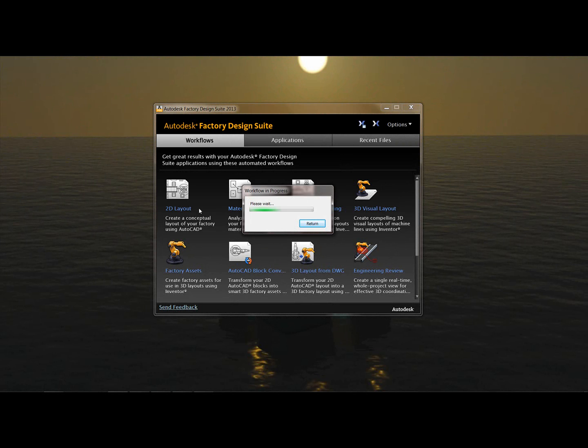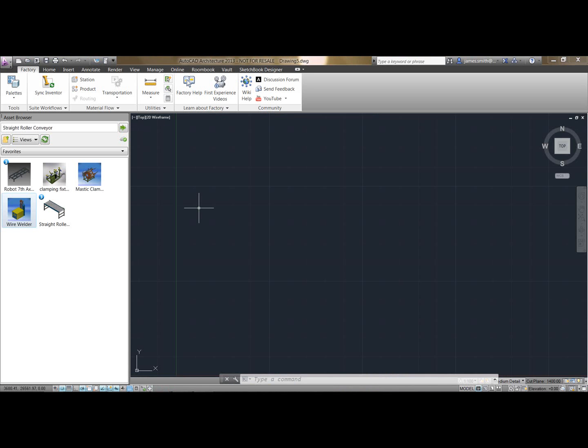I'm just going to open up AutoCAD Architecture here. So this is exactly the same as standard AutoCAD Architecture apart from the Factory Utilities tab here on the top left. This is present within all of the products within the Factory Design Suite. You'll notice here I've got some assets, so my user assets, my FDS1 I created a minute ago. If I now right click, it's got all the asset variants, but I can also add it to my favourites so I know where it is, and if I'm using it quite a lot in this particular project I know